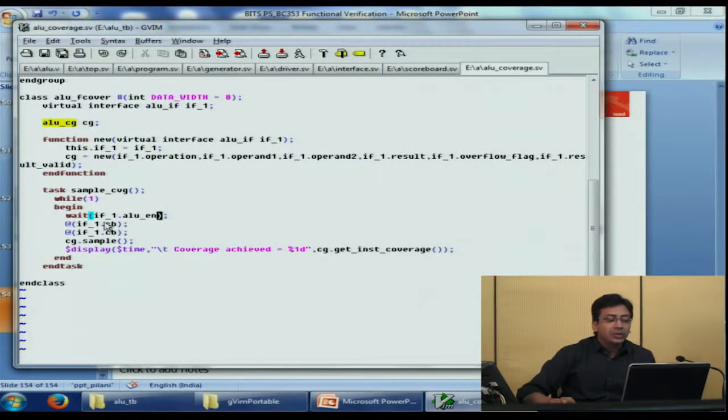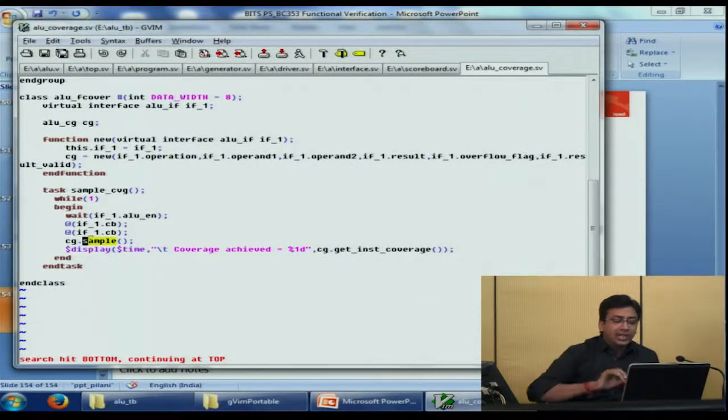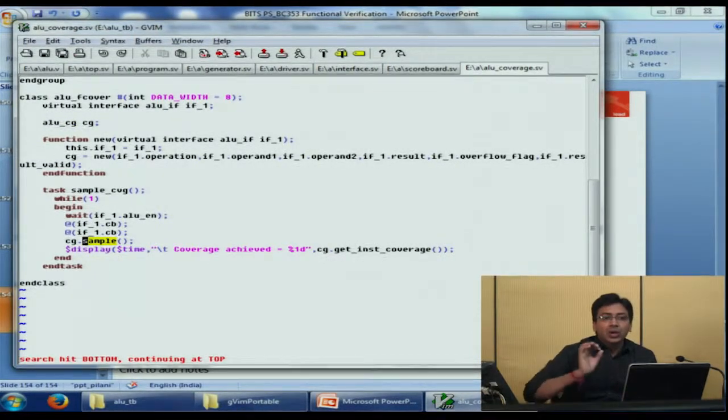It will wait for 2 clock cycles. This wait is again because we know that the DUT is going to take 1 cycle to drive the output, and 1 extra cycle so that the TB samples the correct values of the outputs driven by the DUT. We wait for the 2 clock cycles, and then we call the sample of the cover group. Sample, as we have seen earlier, is the keyword which is used to call the cover group.